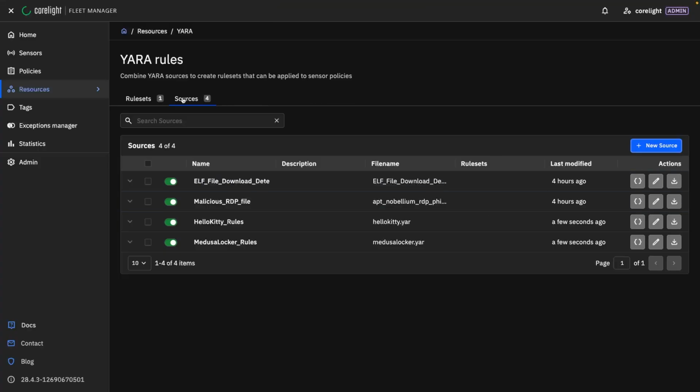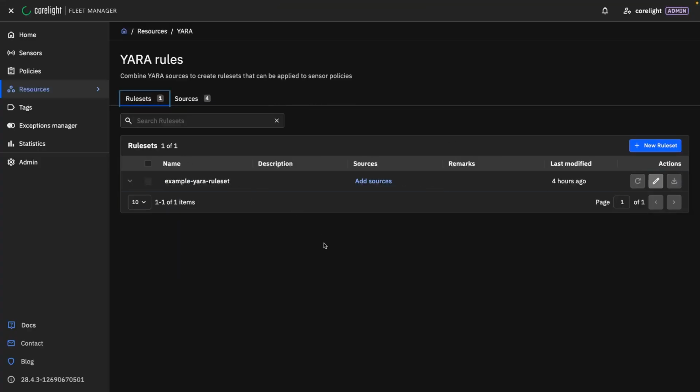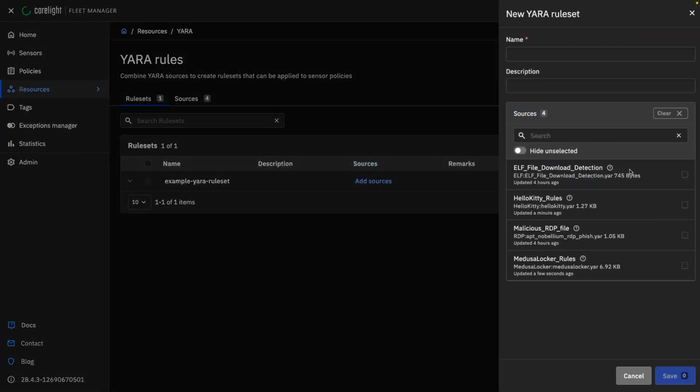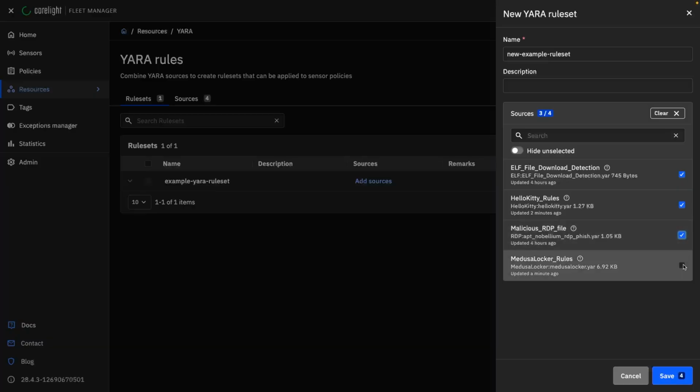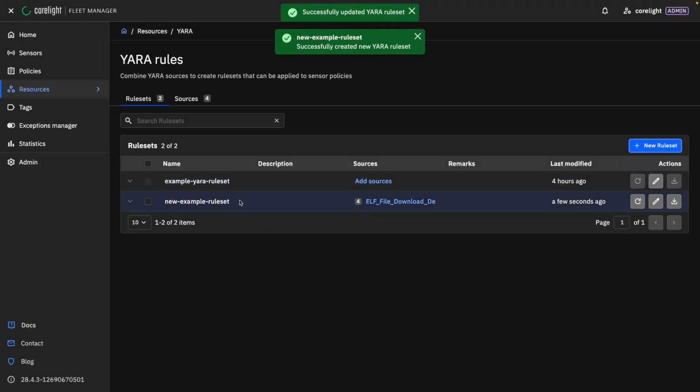Now that I've added these 2 sources, I can jump over to the rule set section and create a new rule set. I can now click on the new rule set button and either choose a new rule set or a new shared rule set. The shared rule set is one that can then be applied to other sensor policies. In this case, I will use the new rule set option, and I will call this my new example. Again, you can choose to give it a description if you want, and in my case, I'm just going to select all of the YARA rules that I have in my library. Now I can press the save button, and you'll see that I have this new rule set added to the